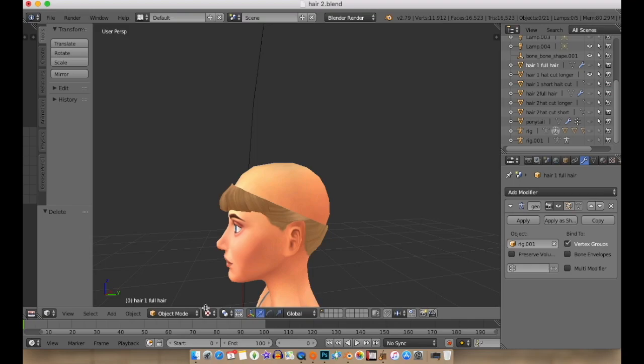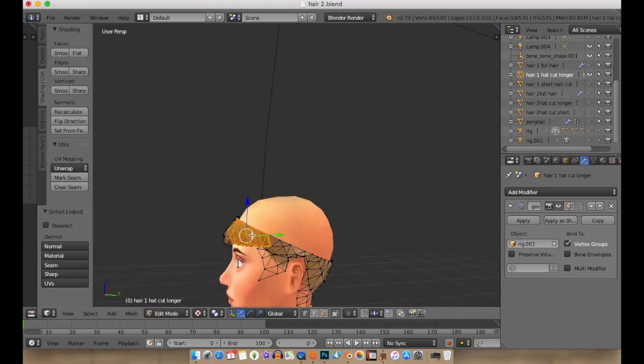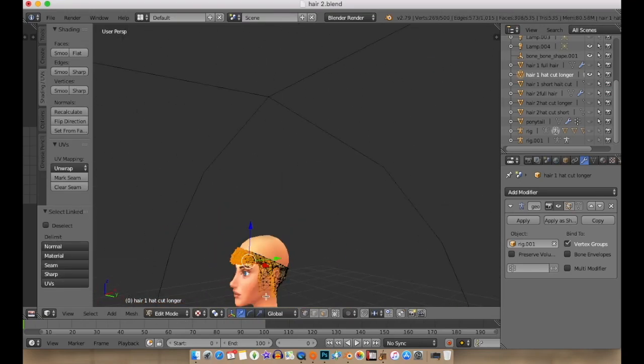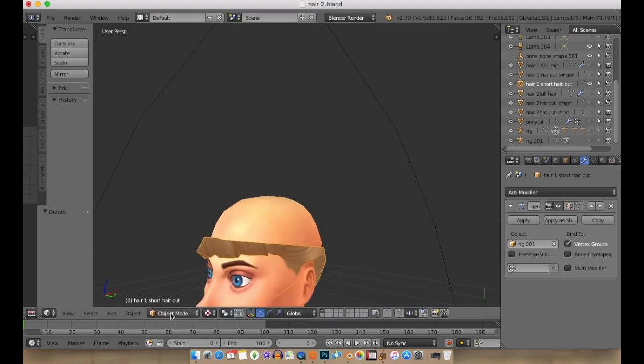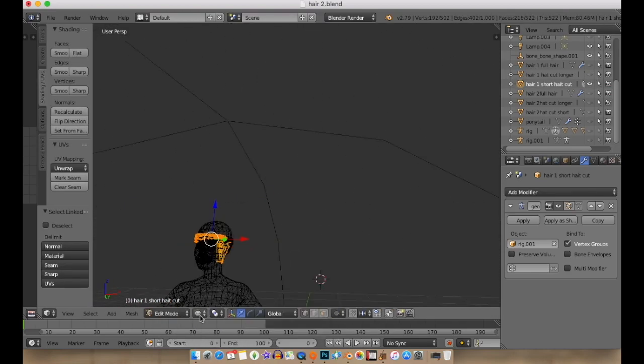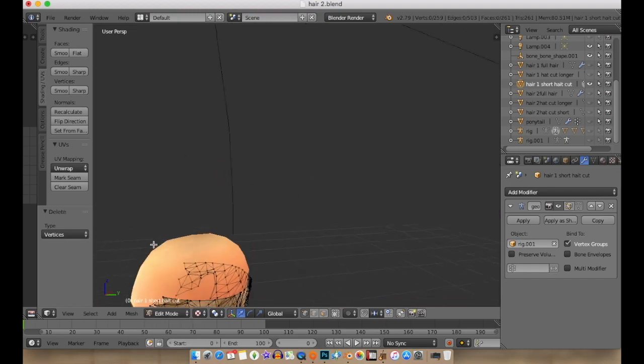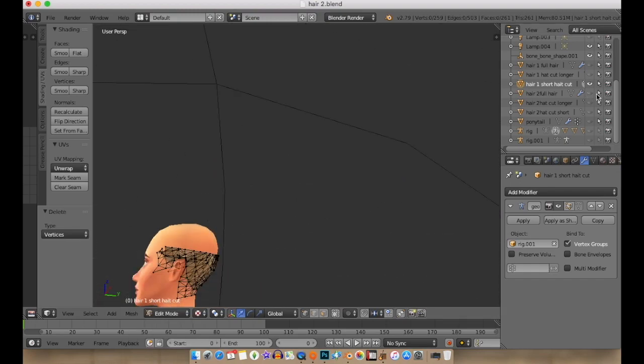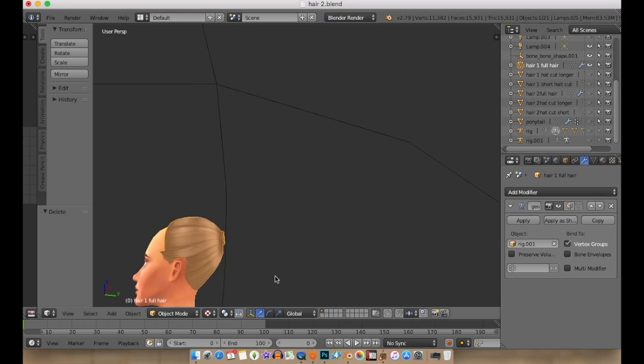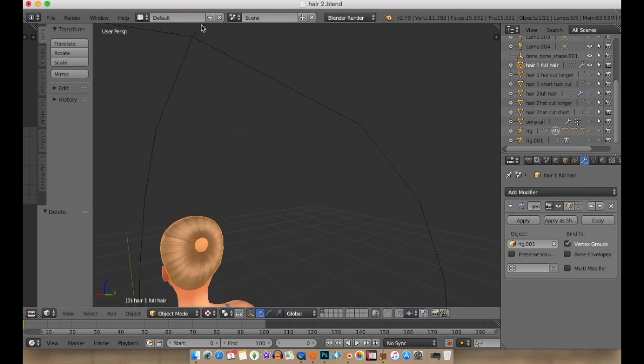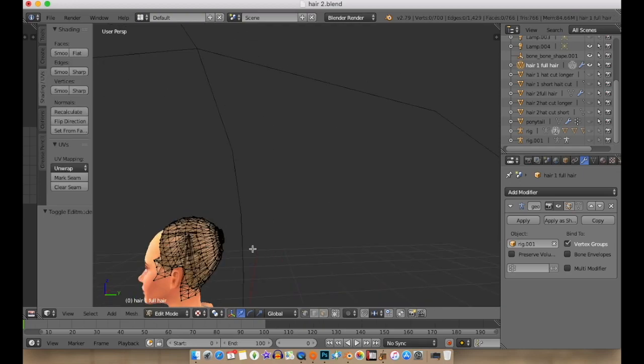So let's just delete the hat cut bit. Let's get rid of that. That's prepped all of the hat cuts as well as the full hair. Now let's go back to the full hair and make that actually look the way it's supposed to. So, edit mode. Now let's grab